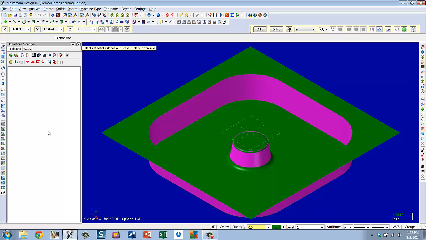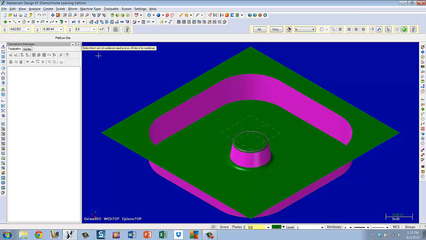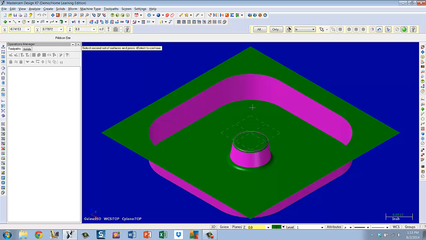Now we're going to do the ones in the bottom of the deep well and the top of the deep well. Up here it says select the first set of surfaces. I'm going to pick the flat first. That's only 1 selection for that whole set. Enter. Select the second set of surfaces. That will be all of these. There's 8 of them. 1, 2, 3, 4,